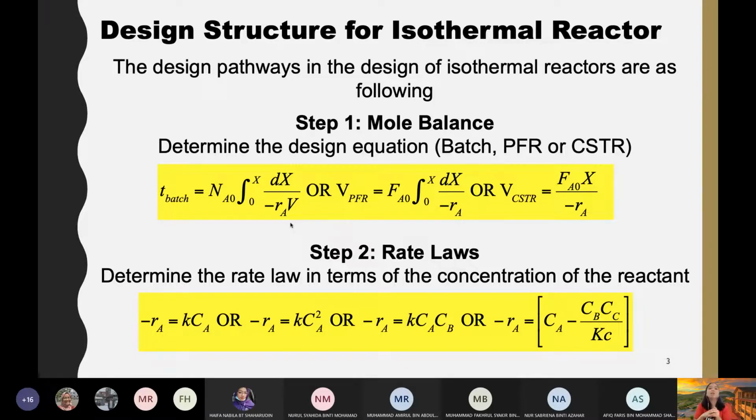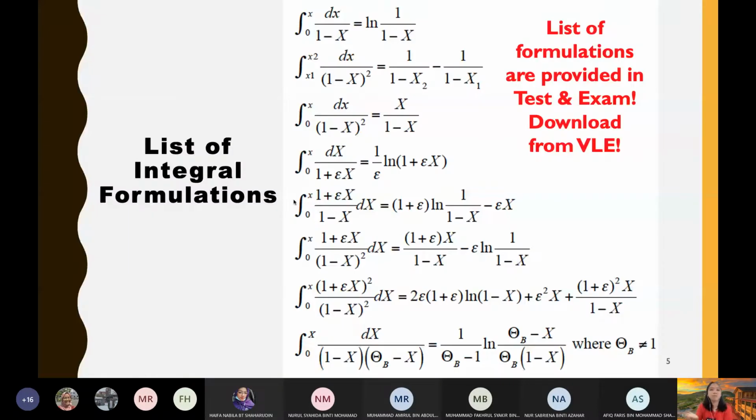Okay, since in our reaction engineering pun, you can see that in order to solve the equation, kita kena solve part integral. The pengamiran part we have to solve. Okay, so to make it simple atau simplify it for you, dia dah ada the list of formulation dan solution dia terus. Means kamu dah tak payah crack your head macam mana saya nak solve pengamiran ni. Kita dah berikan dah kamu a list of formulation di mana pengamiran tu apakah penyelesaian dia dah diberi dalam list ini, list of integral formulation. Okay, so we will use this